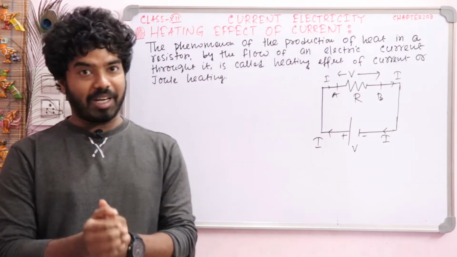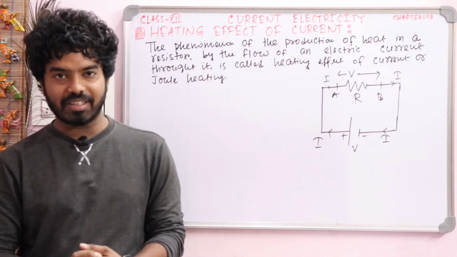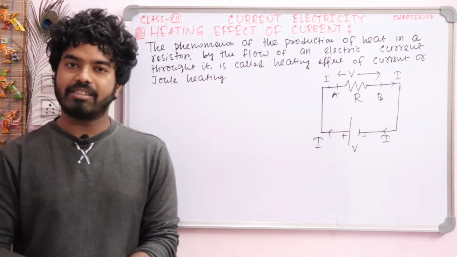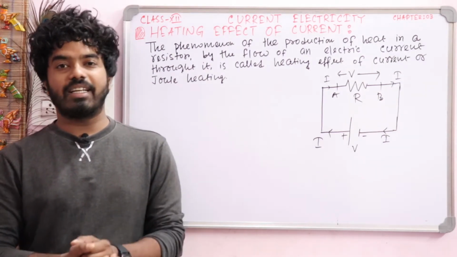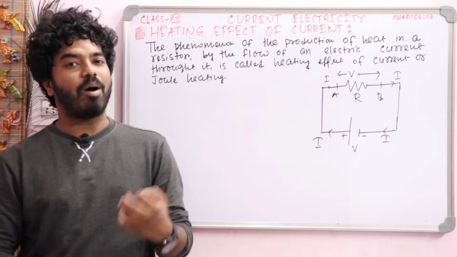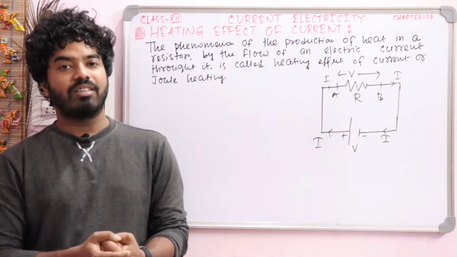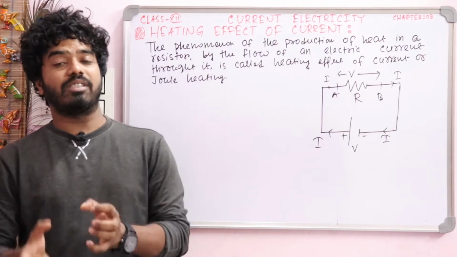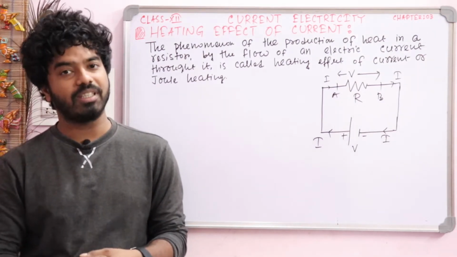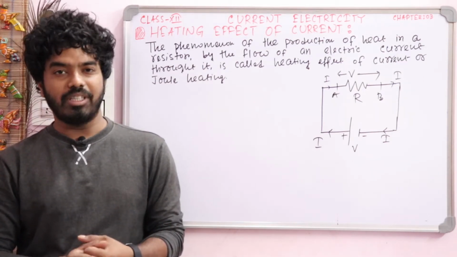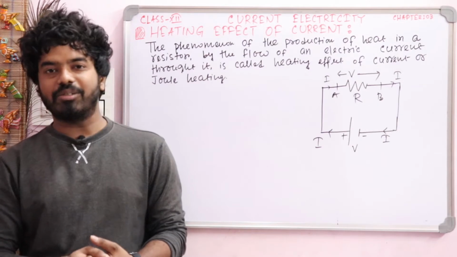So students, I have come back here with another topic for your current electricity chapter. In this lecture we will discuss the heating effect of current, the basic part. After that we will discuss electrical energy, electrical power, power rating, and finally we will derive the formula for power consumption of electrical appliances in series and parallel combination. Then we will solve some important numericals related to this part. So open your copy and write down the notes.